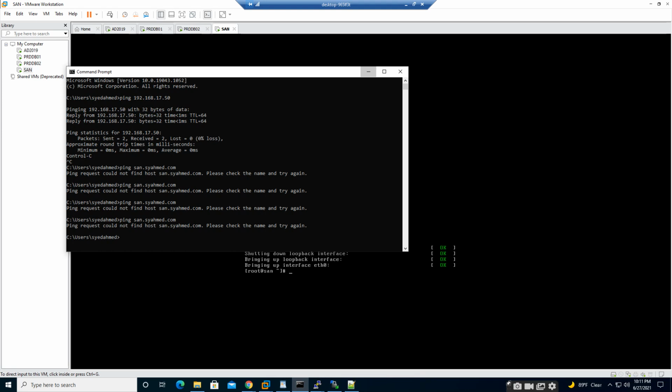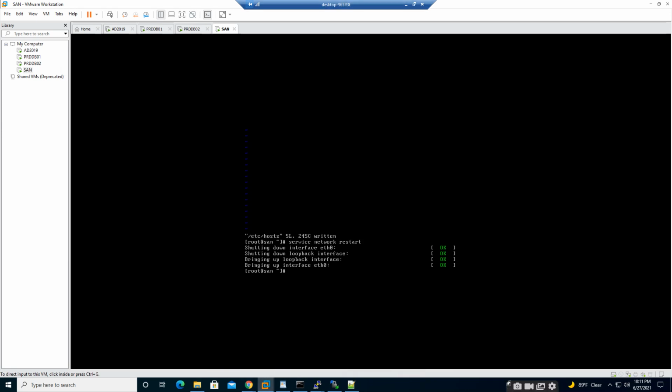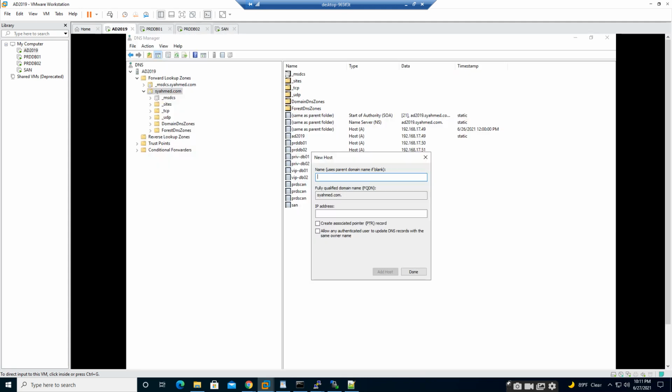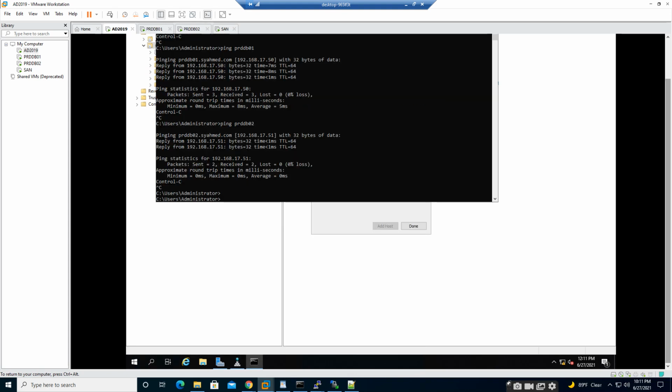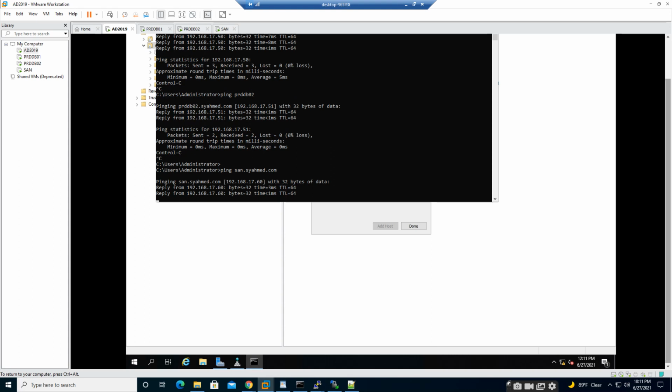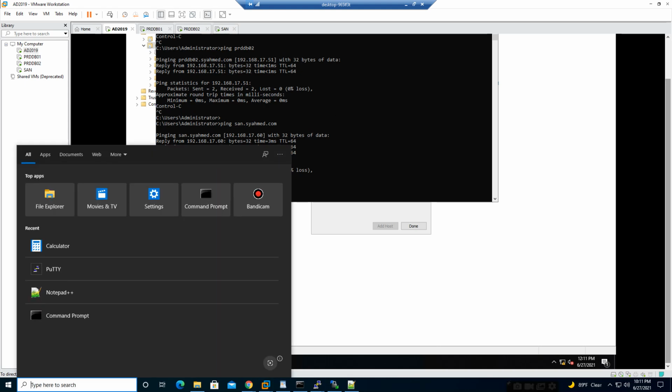Oh, what I have done is actually my mistake. I need to open the command prompt from the virtual machine. I was trying that from my host machine. San dot ping. So if I want to ping from my host machine, then